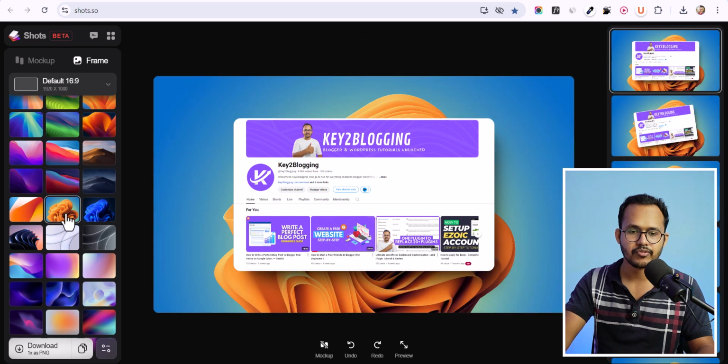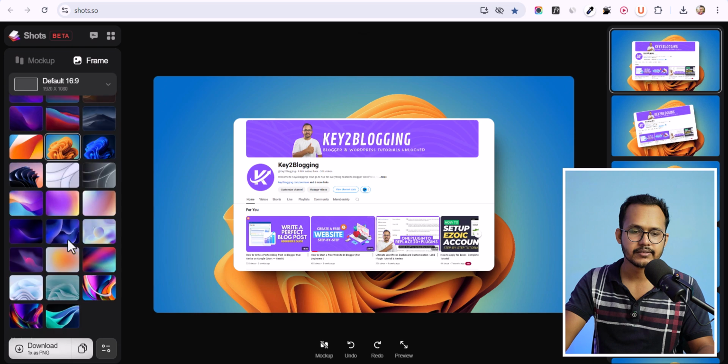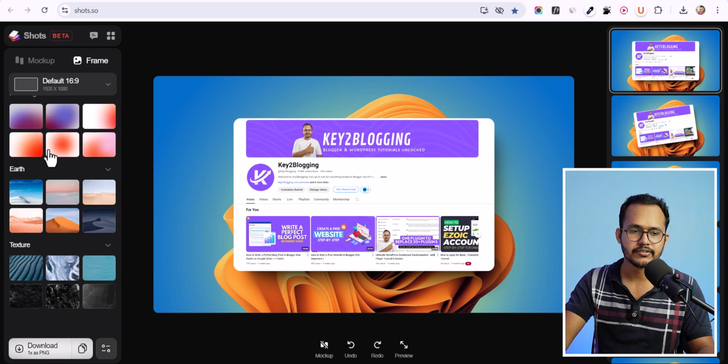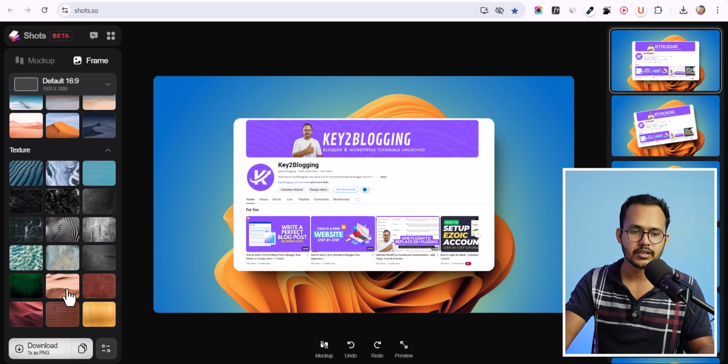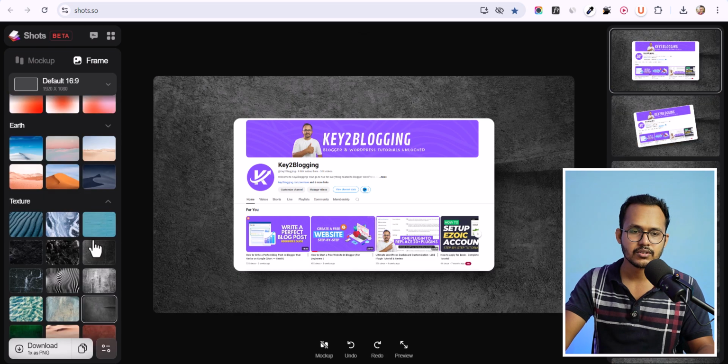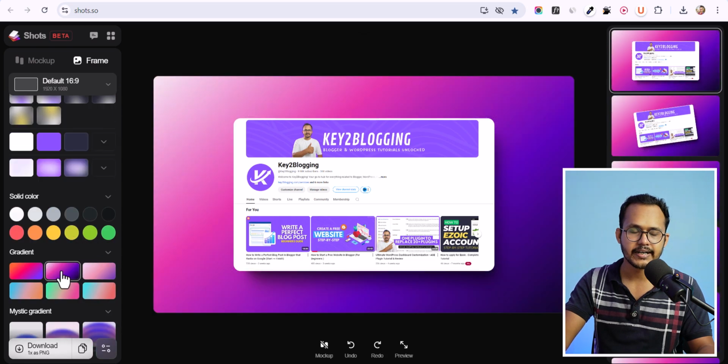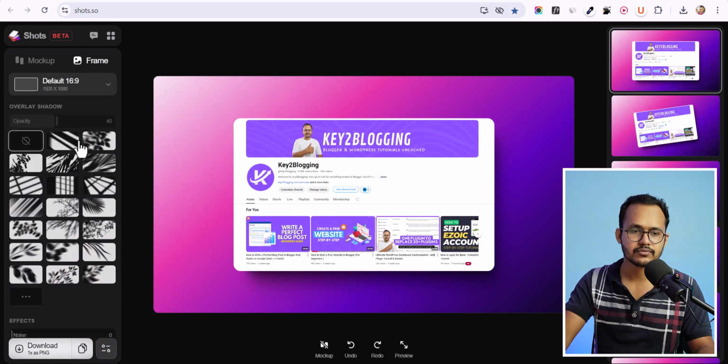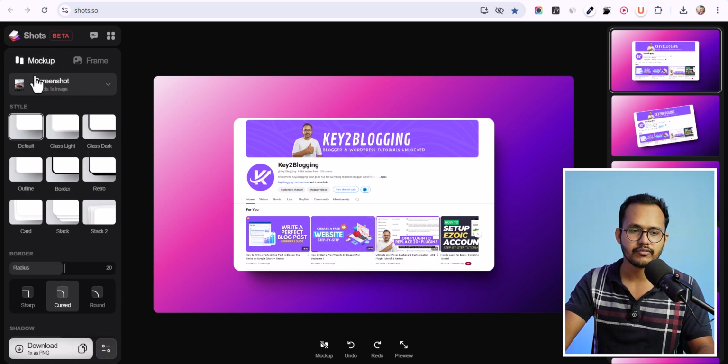So let me choose Windows here, and you can also see different abstract options and different art option, and you have some texture option as well. So let me click on here like this. So let me choose a gradient option here. Now let's click on mockup, and here you have different options like glass light, glass dark, and you have the